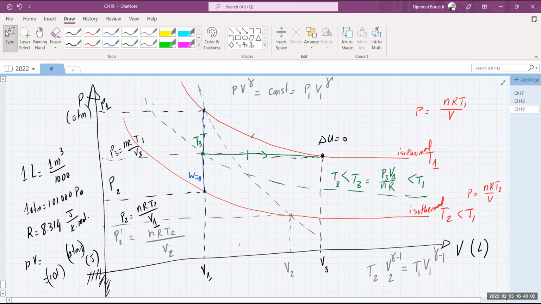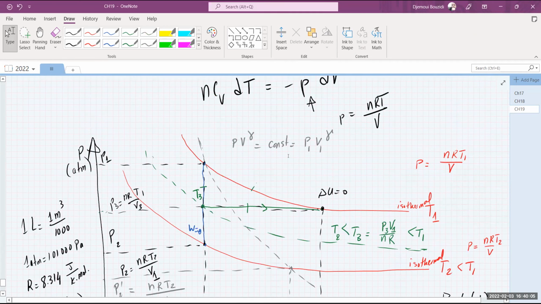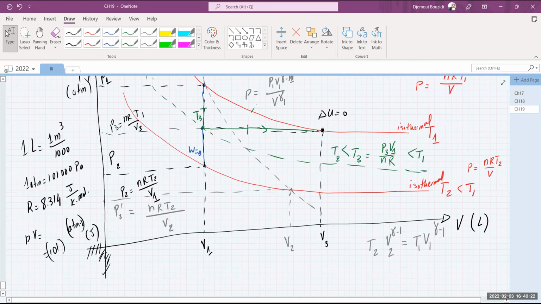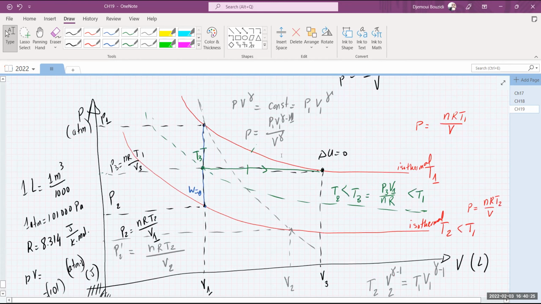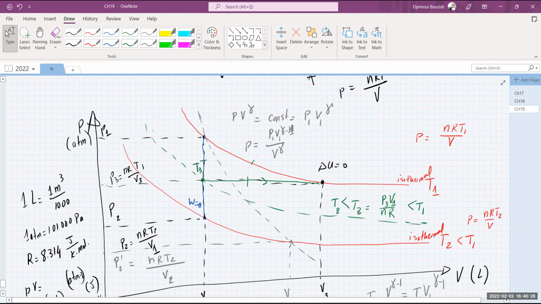So the expression for this curve now is this function, PV to the power gamma. In other words, the function that I'm looking at is P equals P1 V1 to the power gamma, which is a constant, a fixed number, divided by V to the power gamma. V is your independent variable. V is your X value, if you wish, on this graph, and P is your Y value in here. So this is a function I need to plot, okay? This is the discontinuous line that I drew in here. That is the adiabatic line. This is the adiabat, okay?